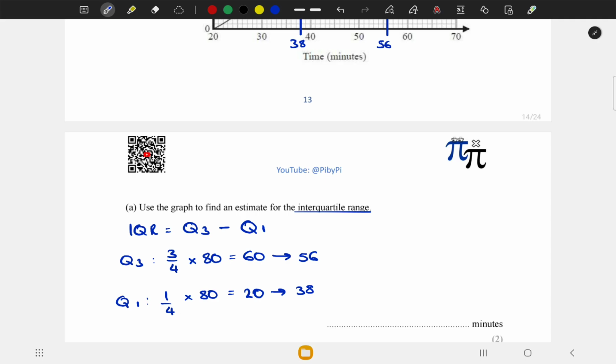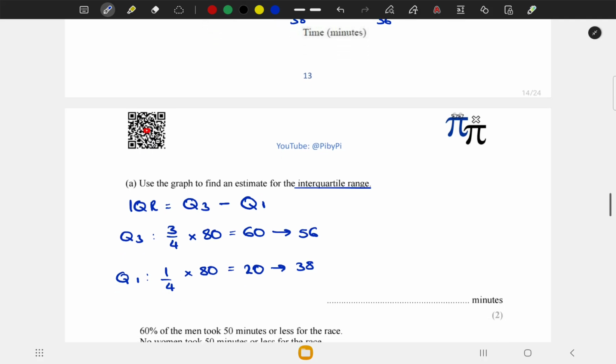When I subtract these, I will be finding my interquartile range, which in this case is going to be 18. Okay,